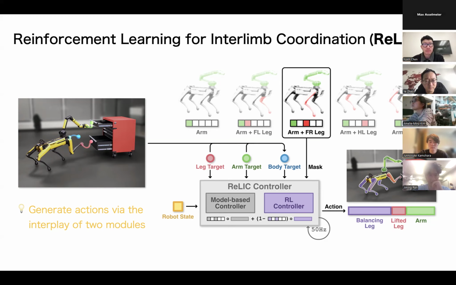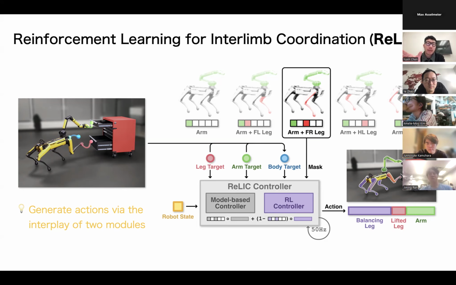And you mentioned that this kind of combination is better than just a whole body RL controller. Yeah, because for the RL controller, it's really hard to tweak the reward. If we focus more on, say, the manipulation reward, it will just try to get the end effector to the desired location as well as possible.